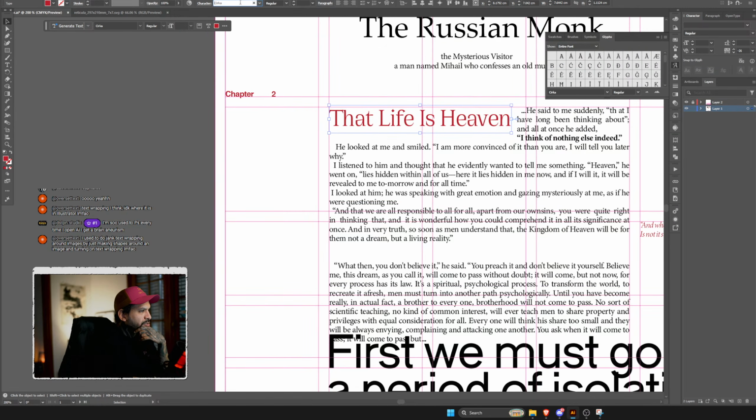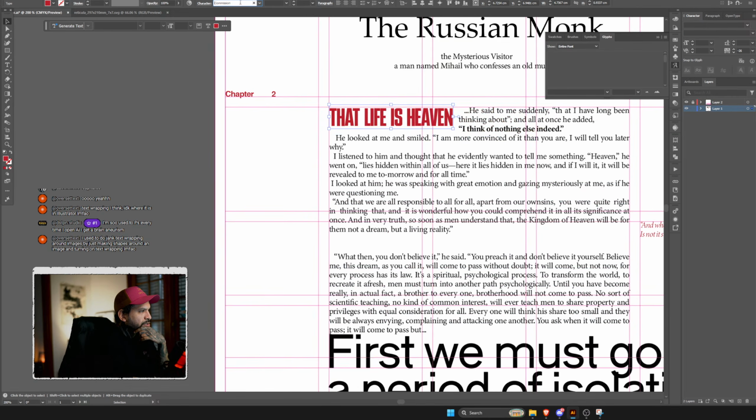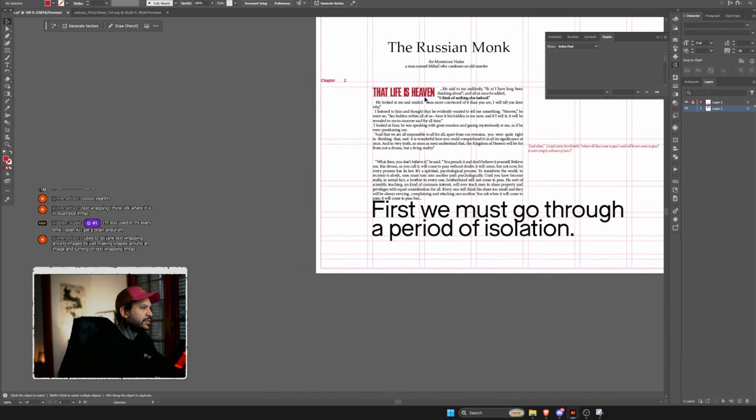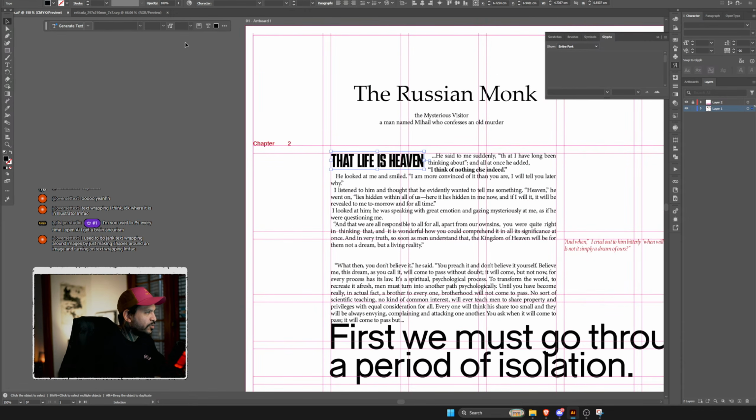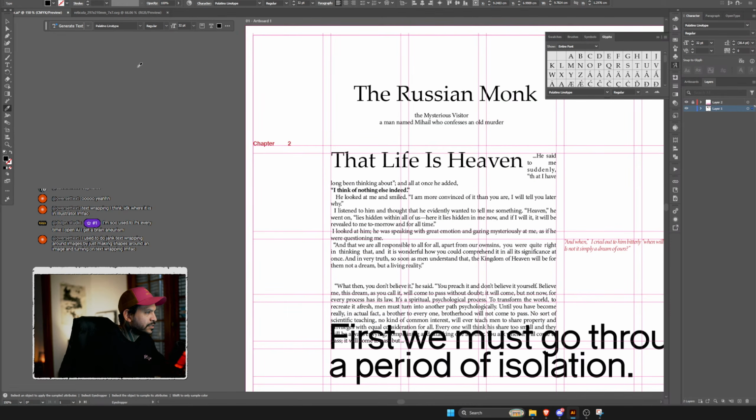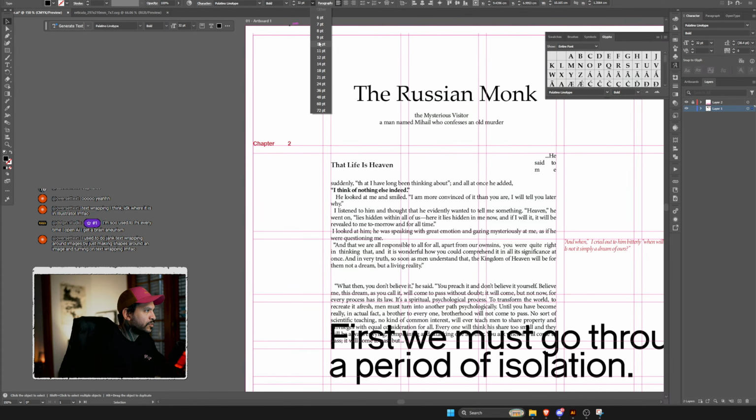Oh, I like this contrast. This I like. I like this, but let's put it in black. Like this kind of contrast. It's looking typography. It's all over the place. Let's make it smaller.